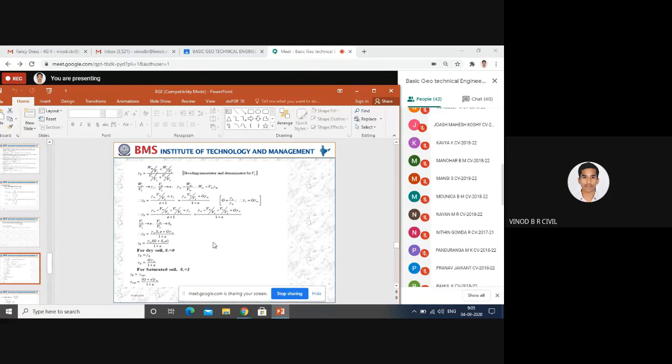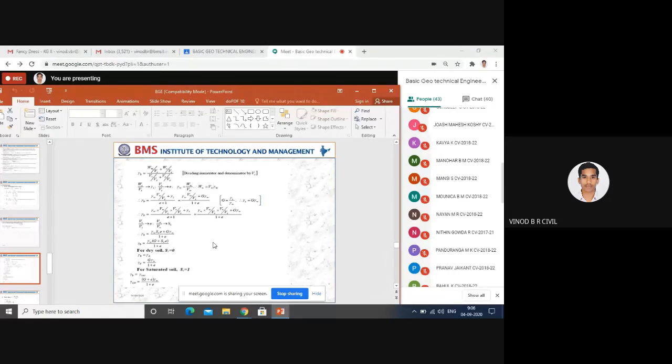With cross multiplication, weight of water is equal to volume of water into unit weight of water. Therefore gamma b is equal to unit weight of water into volume of water divided by volume of soil, plus unit weight of soil, gamma S, divided by e plus 1, or 1 plus e, both are the same, equals unit weight of water into volume of water divided by volume of soil plus G into unit weight of water, gamma W, divided by 1 plus e.